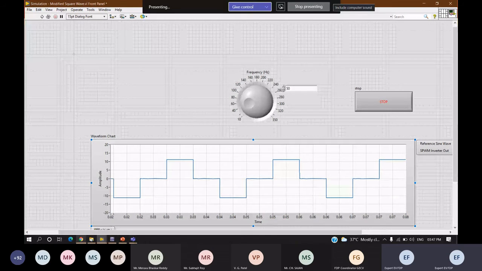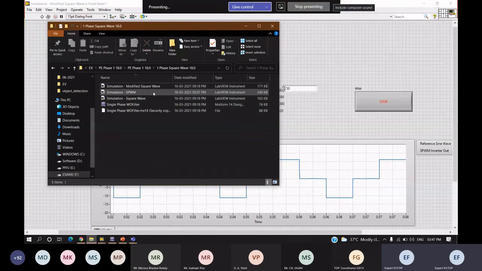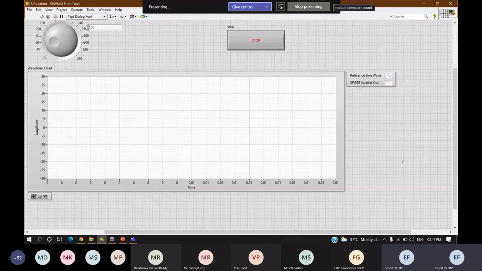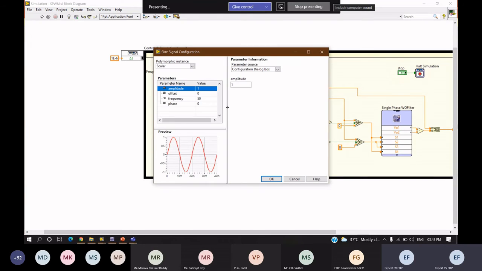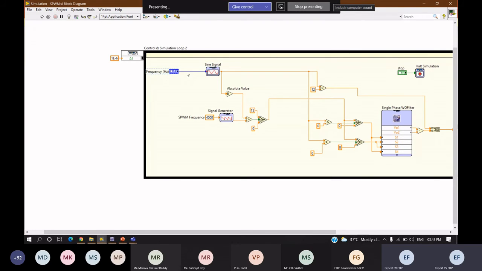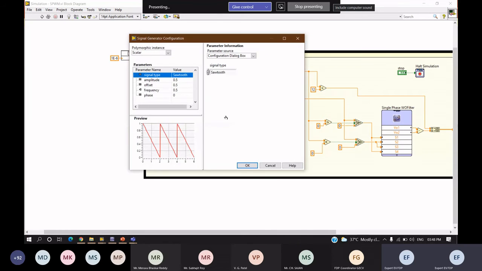Okay, and we'll move to the last one, that is the SPWM output. So we know how to provide an SPWM. We should have a sine as well as a sawtooth, and we have to compare those two signals. You can see here this sine waveform. The sine waveform is just to provide the frequency of our signal, and at the bottom we have a sawtooth signal.